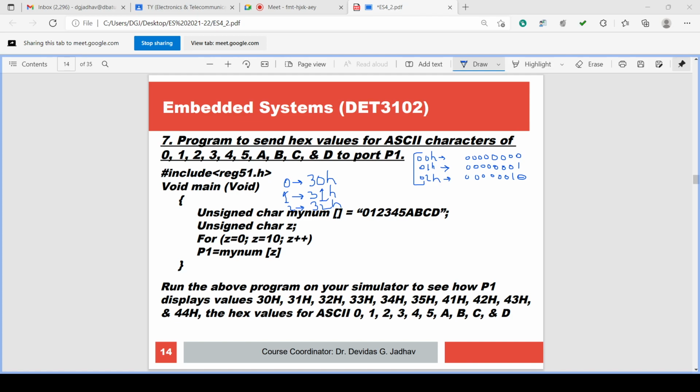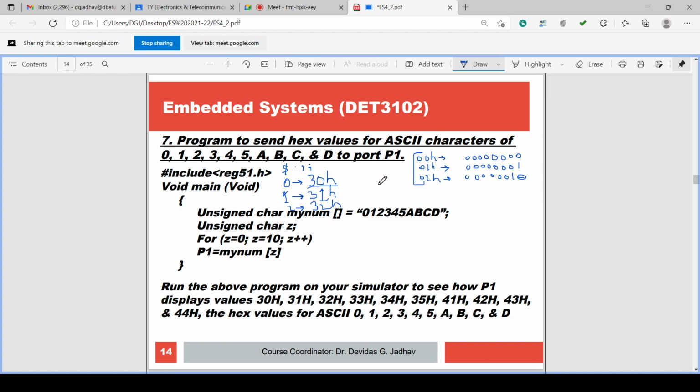What about ASCII 0, ASCII 1, ASCII 2? These are symbols. A, B, C, D are symbols. ASCII dollar, full stop, comma, semicolon are symbols. So for ASCII 0, the hex number is 30H.